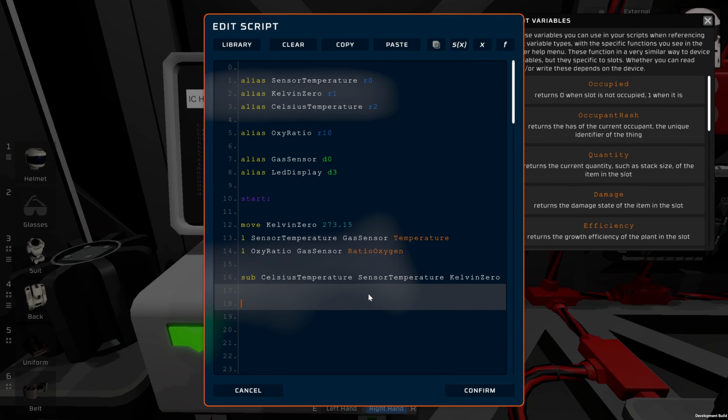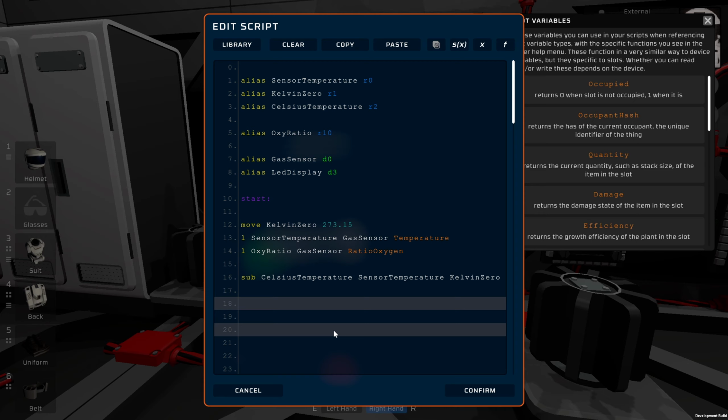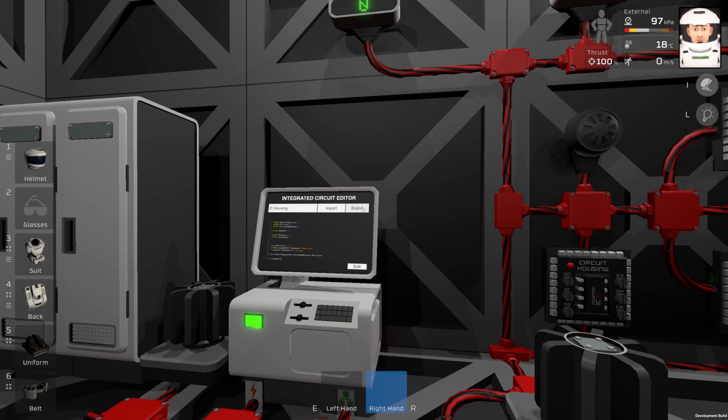So let's try to display some data. We will try to display first our temperature on our LED. S, save. That's for displaying the data on our LED display. So S, where we want to display, we want to display on LED display, so it is D3 or our alias, so we will use alias. What kind of a variable we want to display, so I will save the program